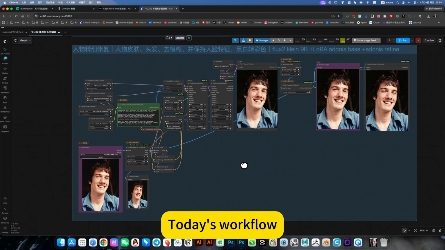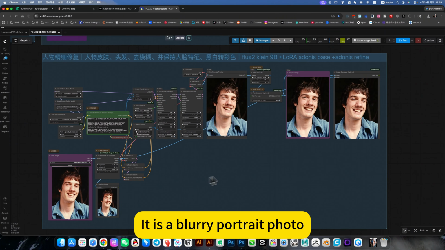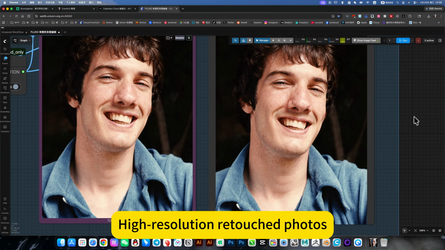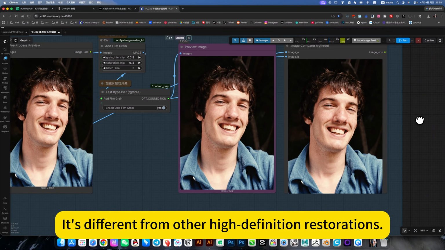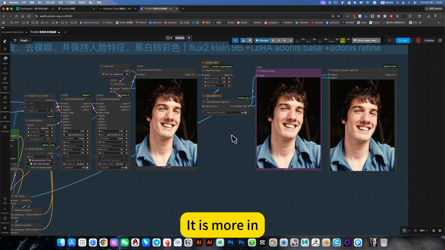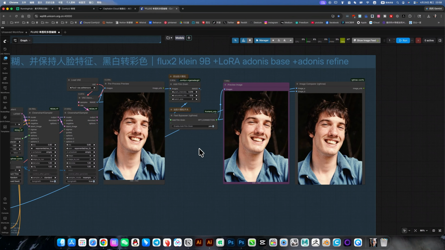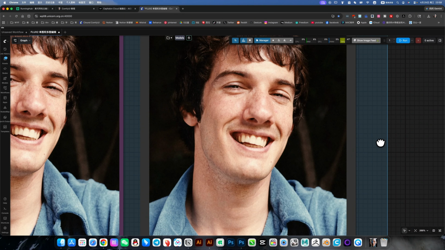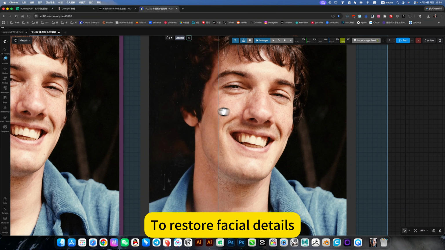Today's workflow. It is a blurry portrait photo. High resolution retouch photos. It's different from other high-definition restorations. It is more yuan, while keeping the facial features unchanged. To restore facial details,